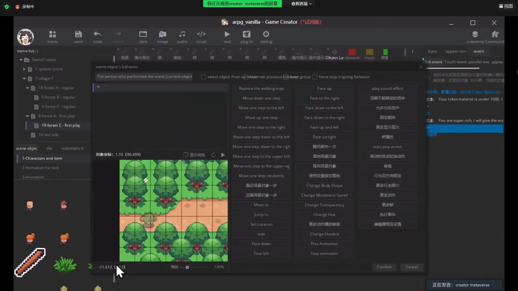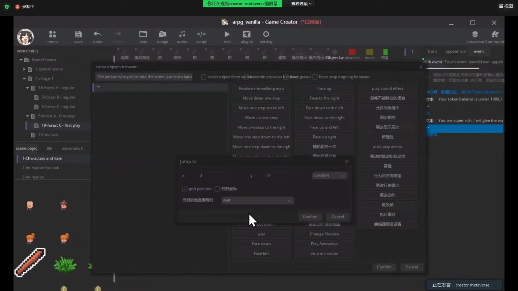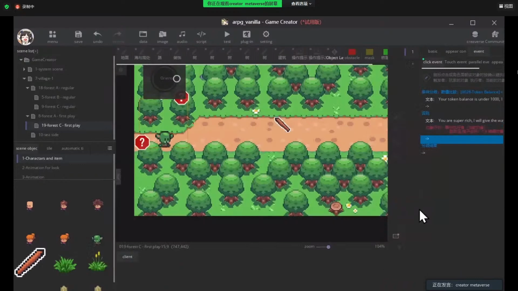We can see here it is a position. We want this little guy to jump to here, which is 7, 9. We put the x-axis as 7 and the y-axis as 9, and say yes, confirm. And yes, it is jumping. Let's do it again. Good. And confirm. That's it.